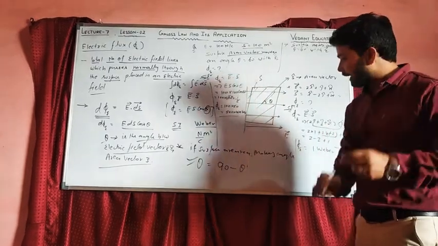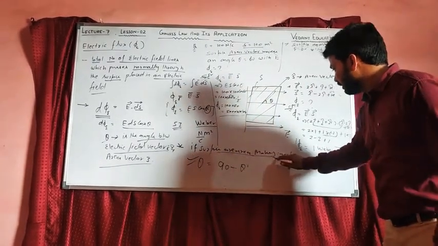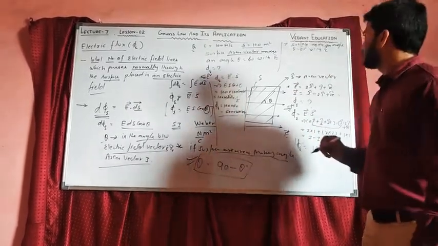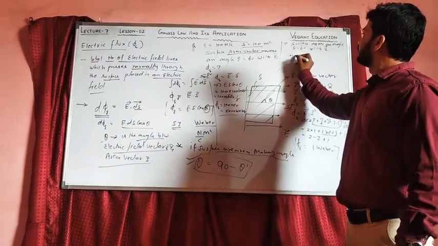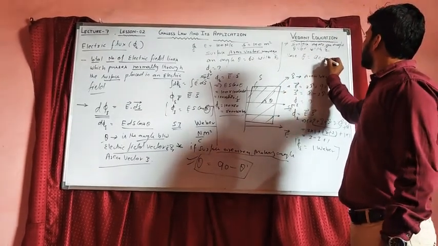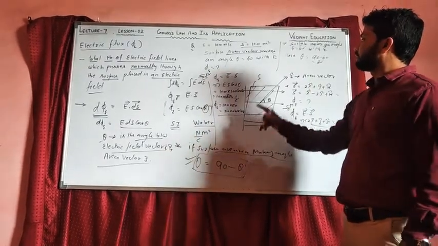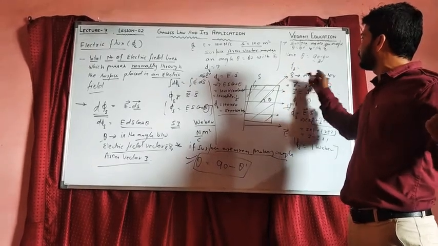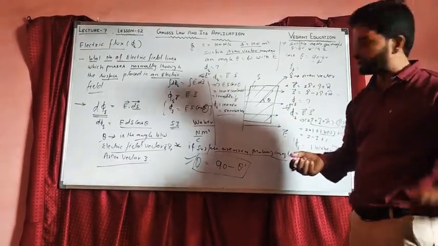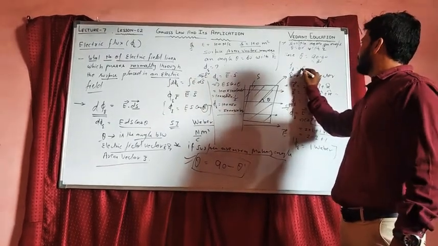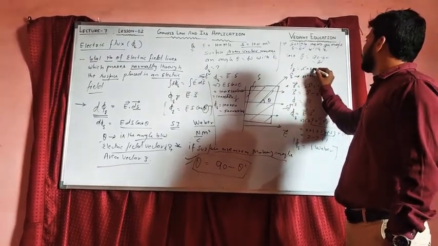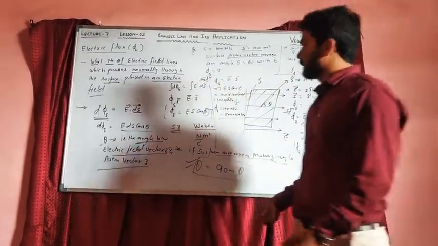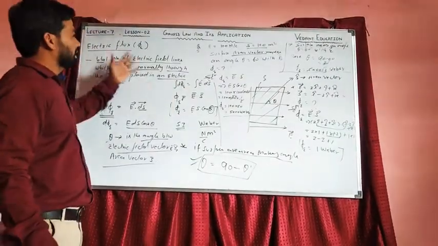Why? In this case, the surface area makes the angle, so you will take the value of theta as 90 minus theta dash. So here theta will be 90 minus 60, that is 30 degree. So cos 30 will be root 3 by 2, so the answer will change. Root 3 by 2, 1 by 2 same, multiplied by root 3. So the answer will be 5000 root 3 Weber. Got it? So this is basically the introduction to the electric flux.